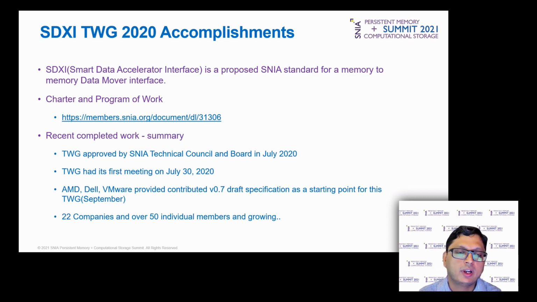So as you can see, this is a powerful concept, and we started this technical work group in SNIA last year in July. The technical work group had its first meeting in July, and since then we have met every week to discuss the specification. To start the work on the specification, AMD, Dell, and VMware contributed the initial version 0.7 draft specification as a starting point. And then very quickly, 22 plus companies and over 50 individual members have joined this group,